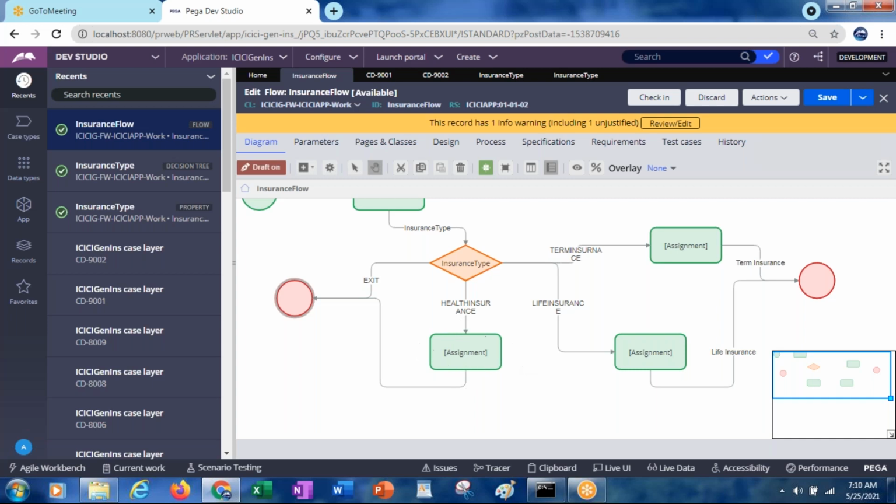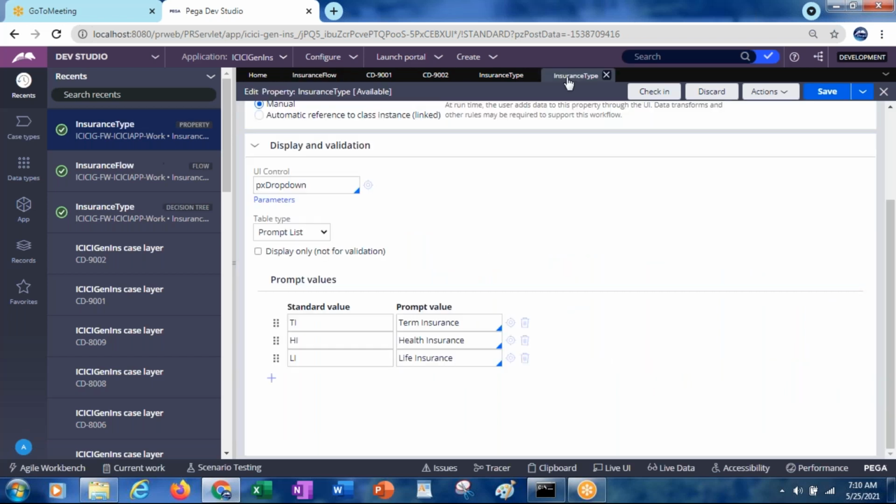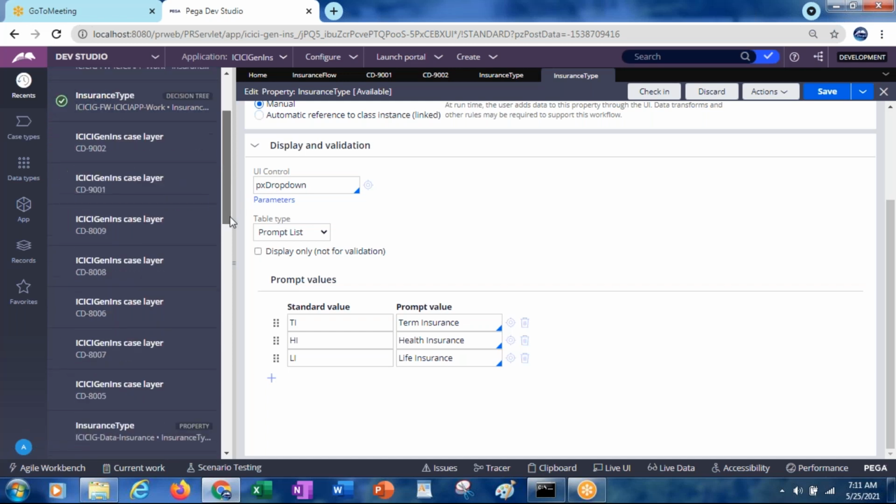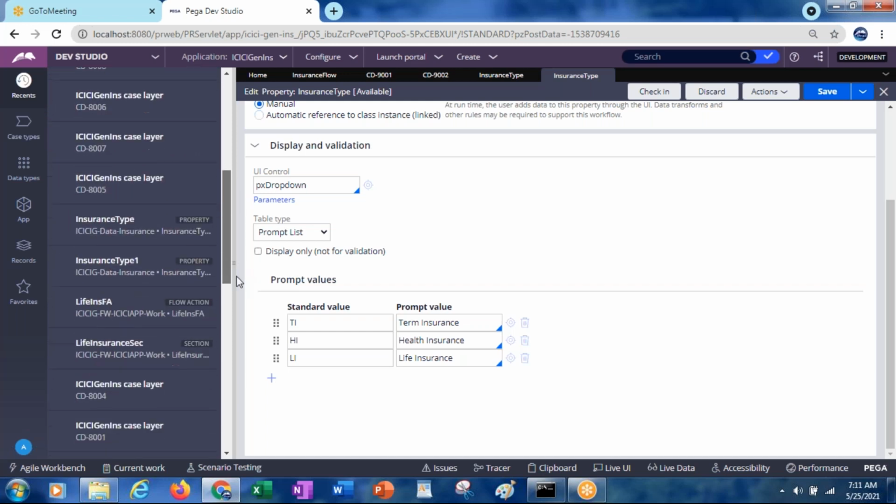Now here we have this decision tree, and we have the decision table also, right? Earlier we created a decision table.